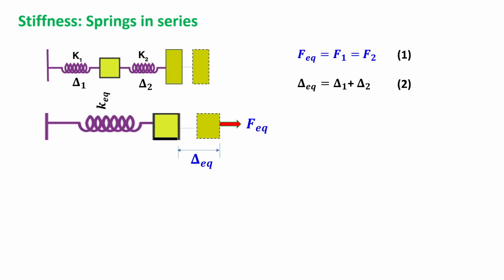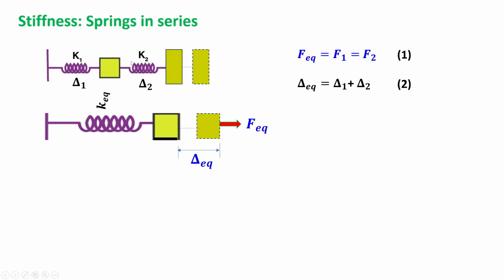Now we are taking the second case, when the springs are in series. We have considered two springs here. K1 is the stiffness of the first spring and K2 the stiffness of the second spring. They undergo displacements delta 1 and delta 2 respectively, and the resultant displacement we write as delta equivalent. There will also be a force in the first spring, say F1, and in the second spring F2, which are related by equation 1,